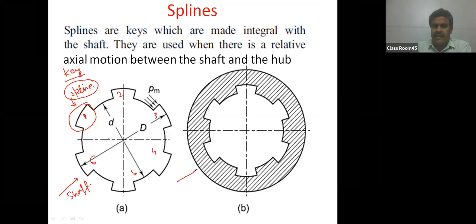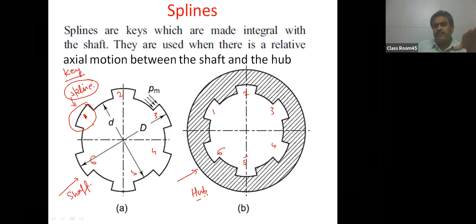Similarly, on the right side, it is a hub. On the hub, there are splines cut. This is spline 1, spline 2, 3, 4, 5, and 6. So 6 splines are cut on the hub also. So after the assembly of this shaft and hub,